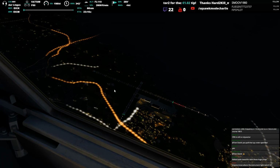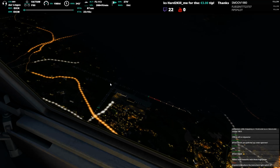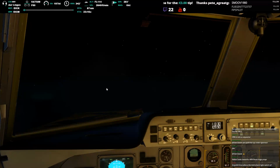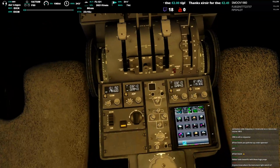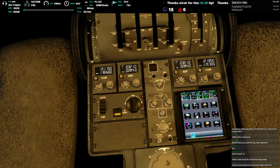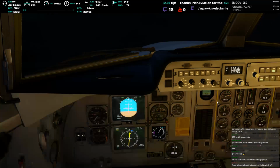There's the airport, needs backtracking. So I got extremely lucky there. GTN froze and crashed on me, but because I had it in VLOC mode and not GPS, I still have control over navigation. So we're on a